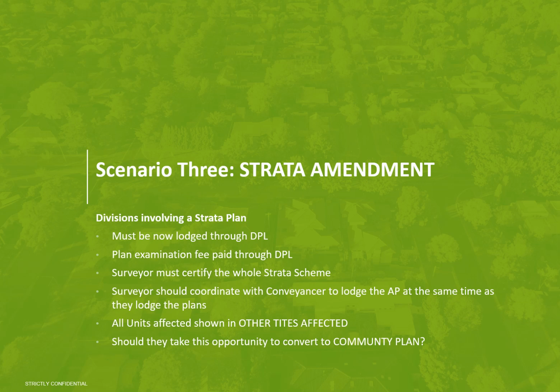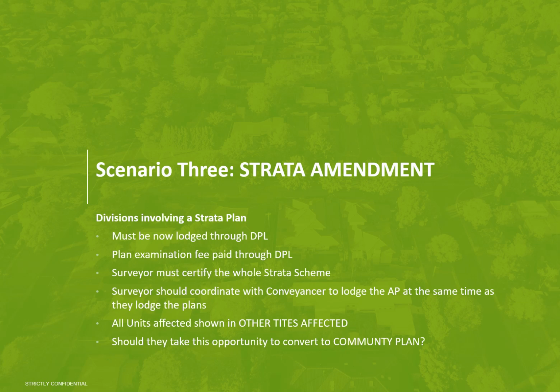In the past, the Strata Plan had to be lodged manually by the conveyancer and couldn't be lodged by the surveyor with the Division Plan up front, as previously the Strata Amendment must be lodged with the AP dealing. With the introduction of DPL, we have eliminated the need to have the plan lodged with the AP by the conveyancer as a manual plan and have allowed the surveyor to lodge both plans at the same time. This is because we need both plans lodged together as they are dealt with by the one dealing.